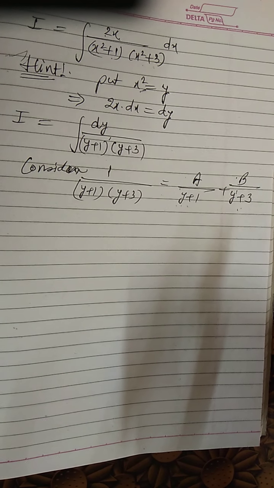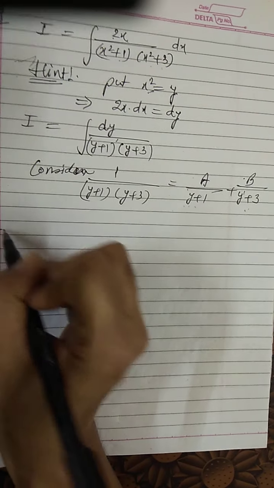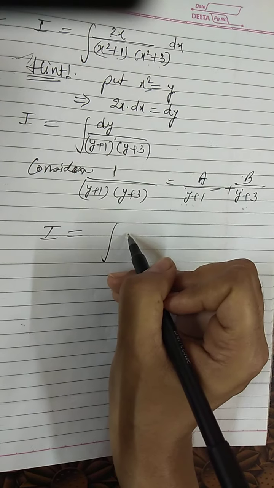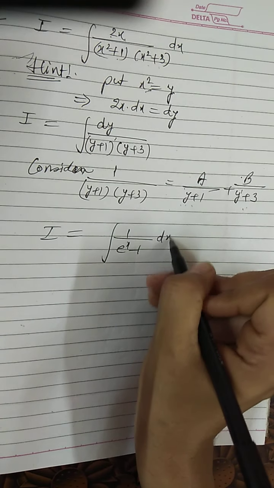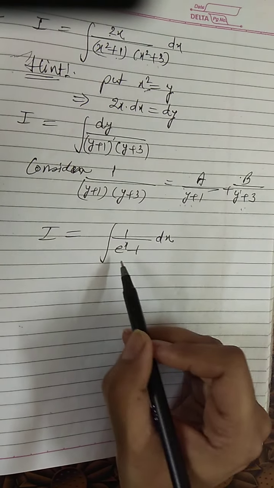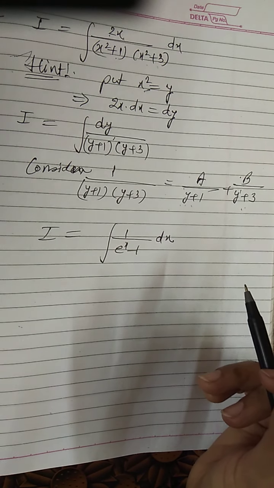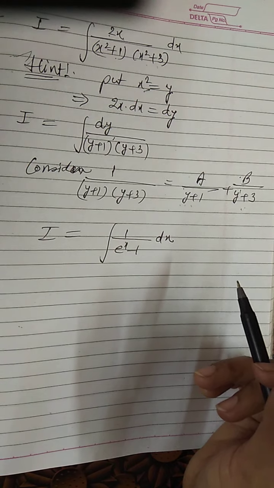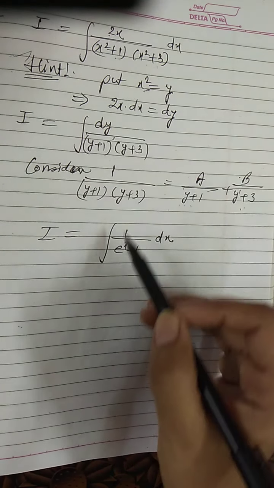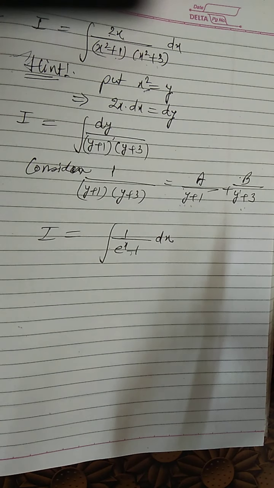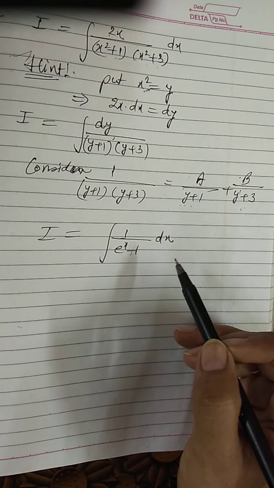Sum number 20, already I have told you what you people have to do. Sum number 21, it is again we are having 1 upon e raised to power x minus 1 dx. Now here e raised to power x is there, and we know very well that e raised to power x function does not change under differentiation or integration. And we are having only one term e raised to power x, so we will convert it first of all into some linear variable.